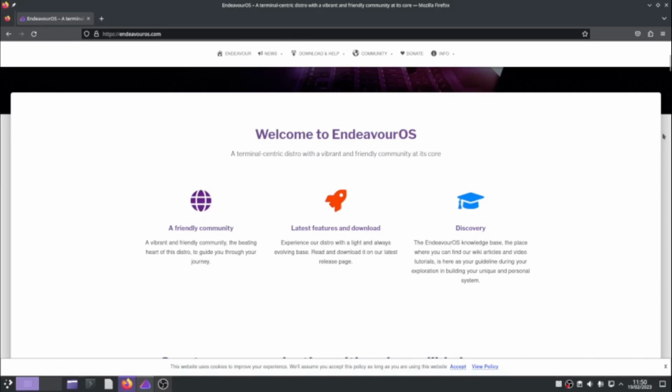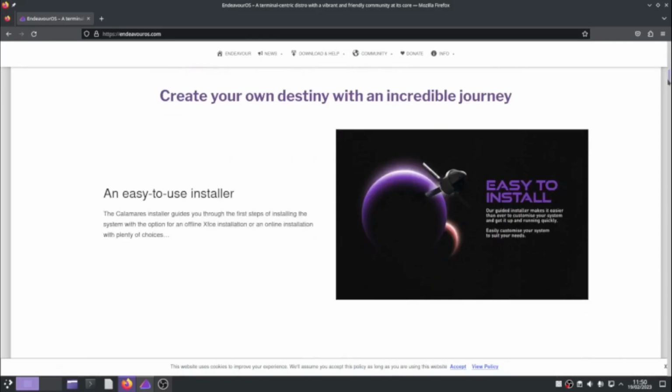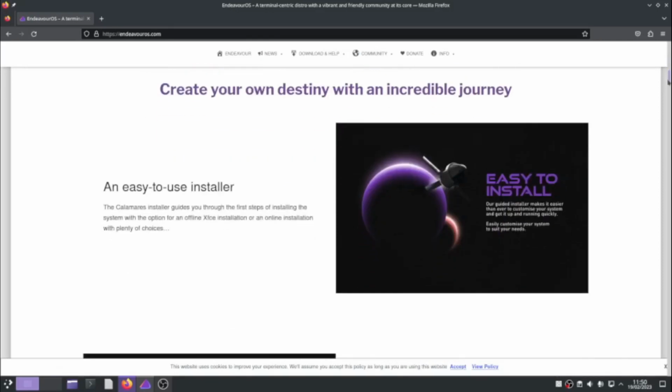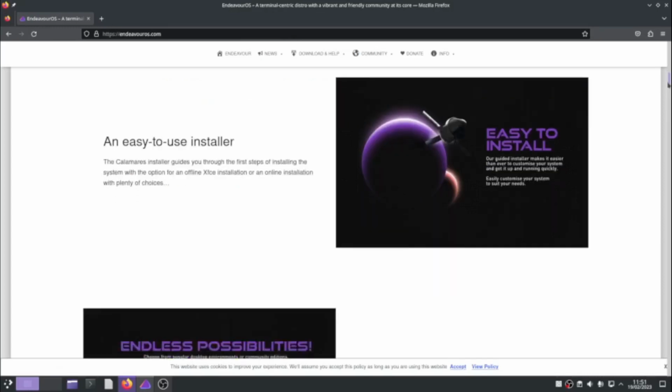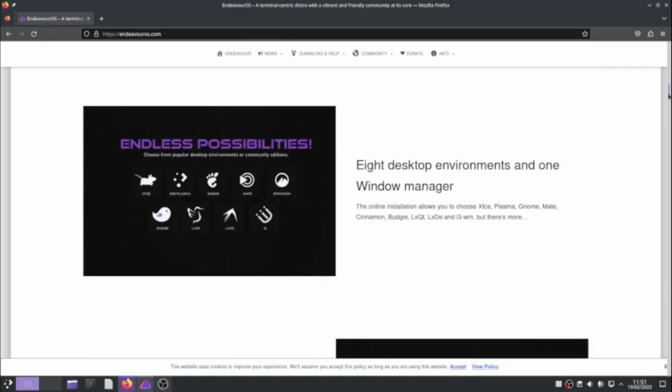Okay, so we can scroll down, probably find out a bit more. So it's got an easy to use installer. There is a video linked to this video that shows you the install process, and I can confirm it is a reasonably easy process. There's 8 desktop environments and 1 window manager that you can choose from when you're doing the online installation. If you use the offline installation, then you get the XFCE version, but you can install the other desktops if